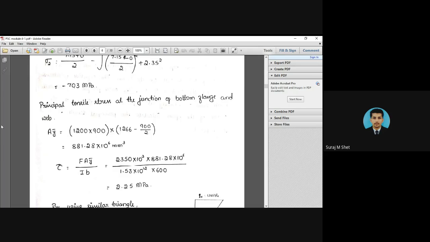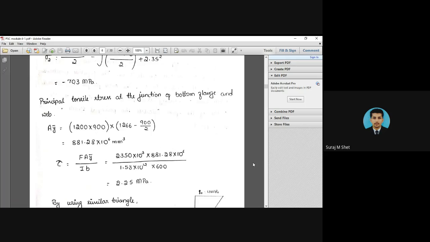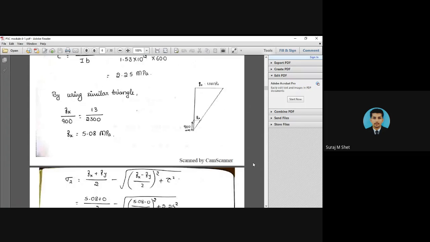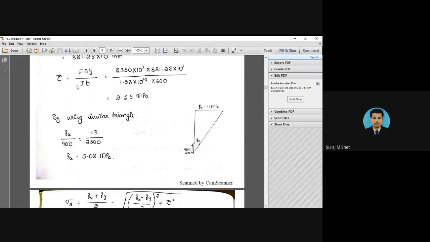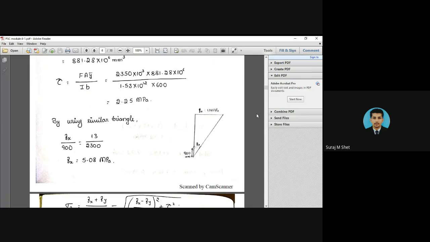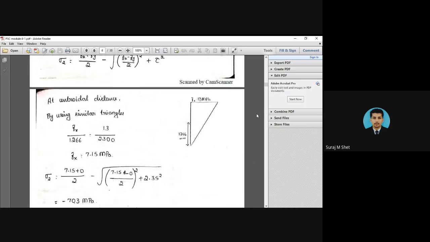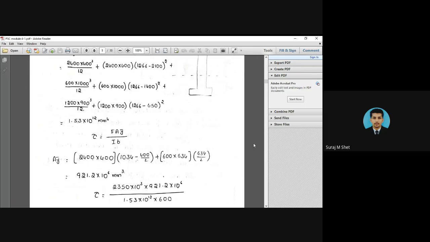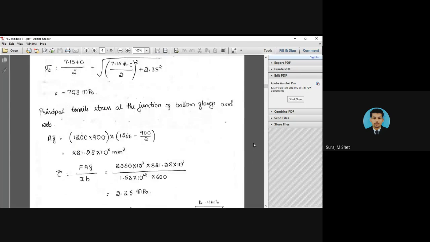In the previous case I calculated the area above the neutral axis. This is below the neutral axis. So I got this A into y bar. Again this value will be substituted in tau. Now I'll repeat the same procedure, because from the above junction I got this, and from the below I got a tau value of 2.25. So for Fx, the unknown value I have to calculate, divided by 900. How do we get the 900? See here. This 900 is this depth. 900 is the depth below.